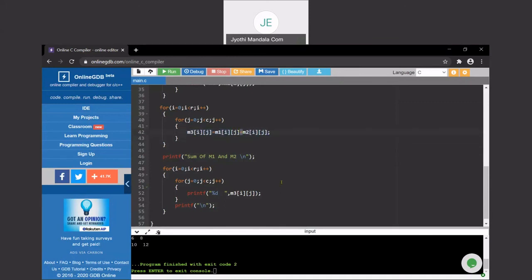That's it. But now, if you want to perform multiplication of two matrices, that is very different from this one. Simply putting the star symbol is not right, because matrix multiplication is a little bit complicated compared to addition and subtraction, where the operation is performed row wise and column wise. So that we'll see in the next class. Okay. If possible, you try to do it on your own. If you can't, we'll see in the next class. Okay.